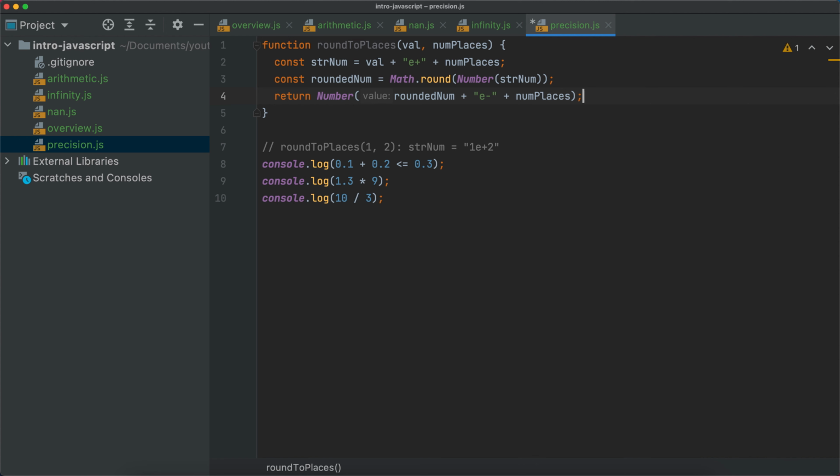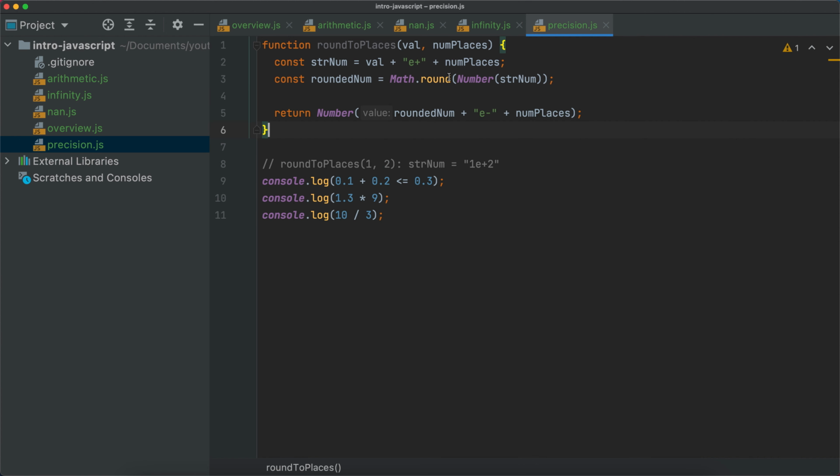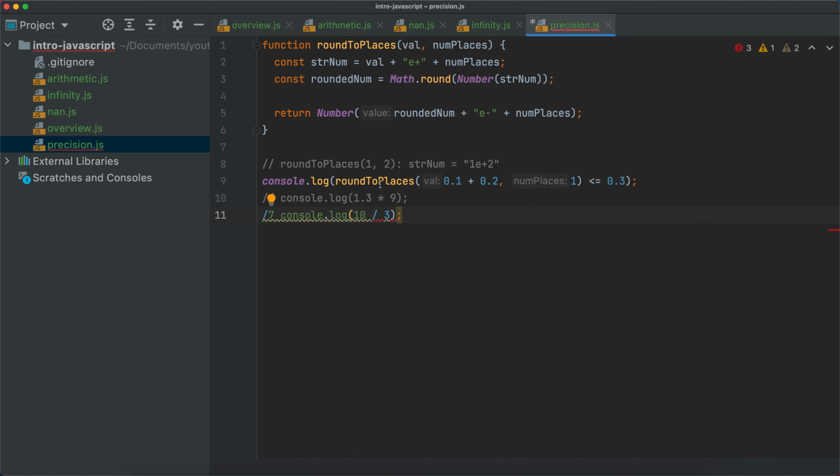Okay, now I know that this may be a bit confusing. I mean, not a bit, it's very confusing, especially if you're new to the language, but let's see what happens once I call roundToPlaces of 0.1 plus 0.2 with one number of places, right? So I'm going to save this. Let's comment these two out just to see the output of the first console log. So I save this, let's clear the whole console, and here we are going to run node precision.js, and then